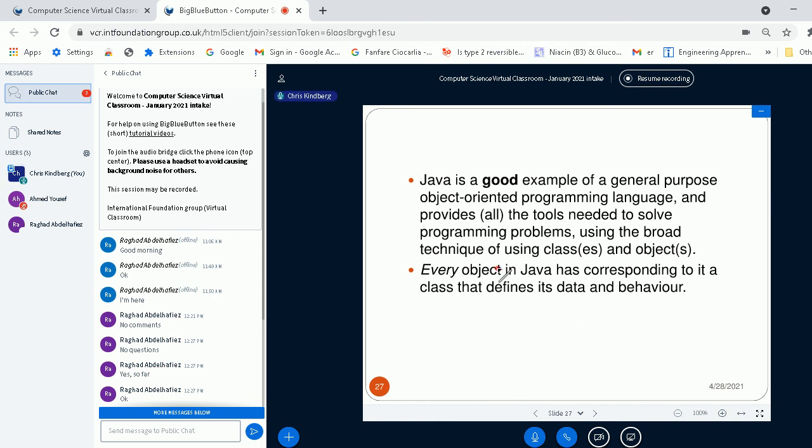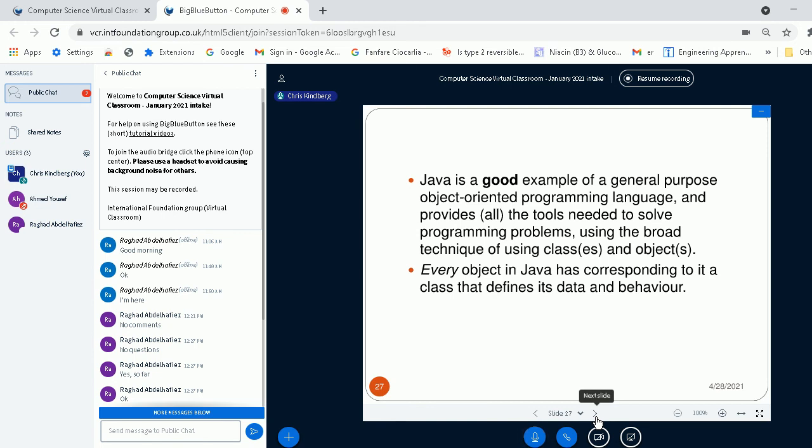And every object in the Java programming language has a corresponding class that defines its behavior and its data. So I'm thinking at random about the class human being, a very complex biological machine, but I could model it in part by maybe 1,000 different variables and maybe 600 methods.